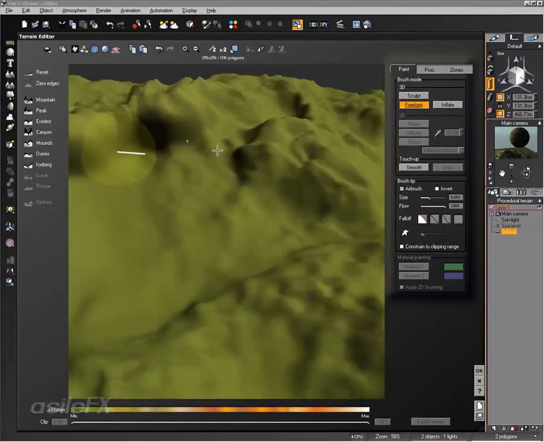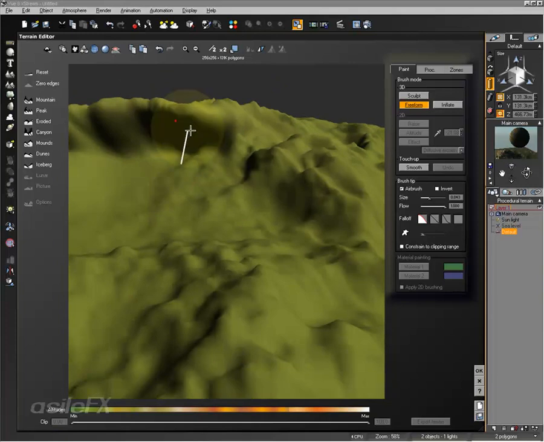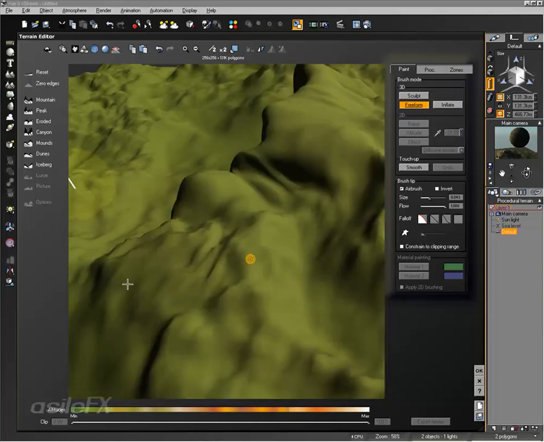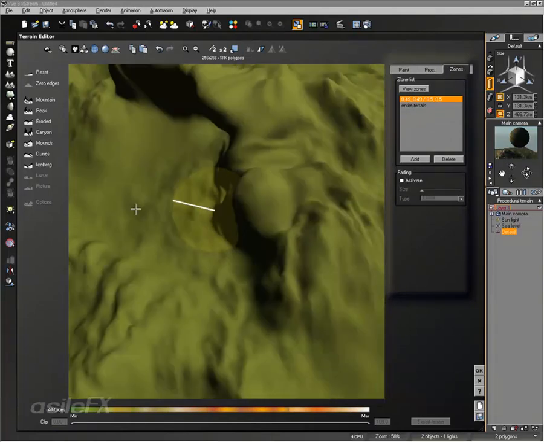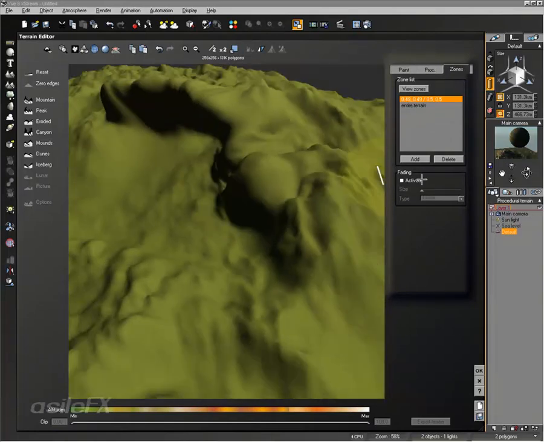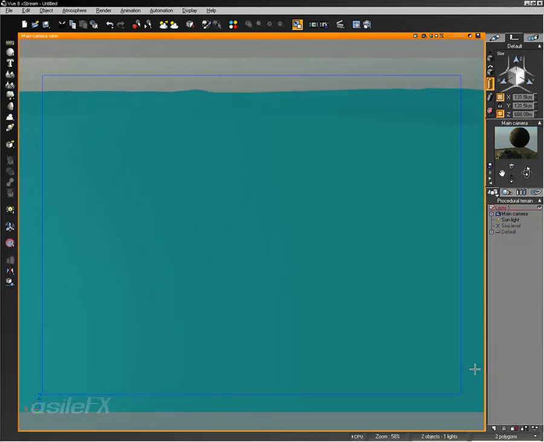switch the freeform mode, we can pull out, maybe make some overhangs. And then we go over to that zone, and there's a fading option. What the fading option does is blends the zone into the entire terrain zone. So right now I'm going to go ahead and click OK. And we're going to take a look